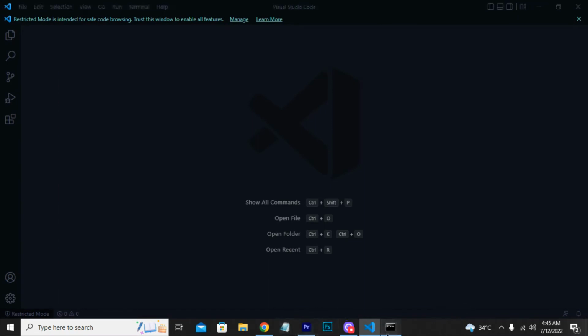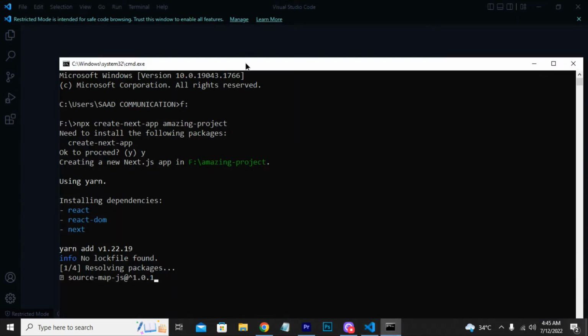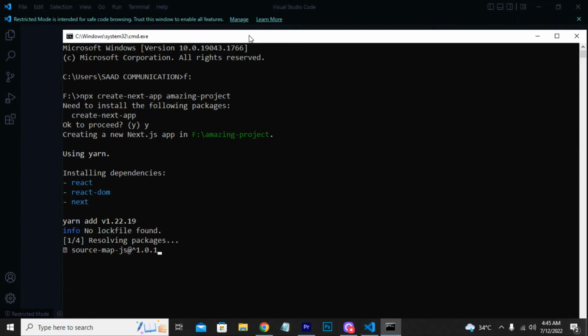Now you have to do it full screen to our VS Code. Then I'll be opening command prompt. You can see it is creating our folder. So you have to wait a while till it is creating the folder. So now you can see it is installing some of the Next.js and React.js dependencies which we needed to work